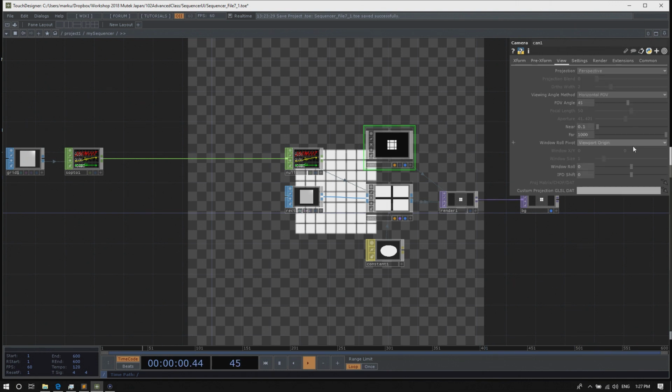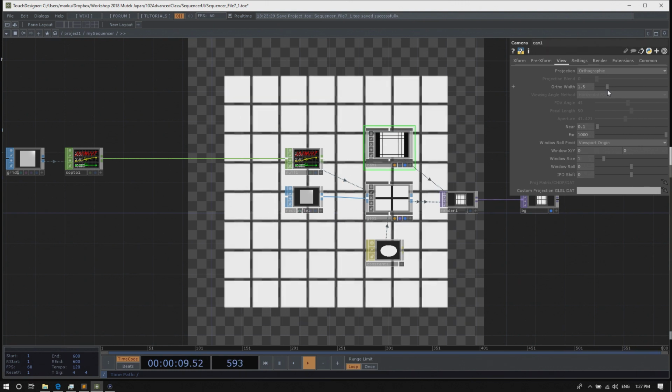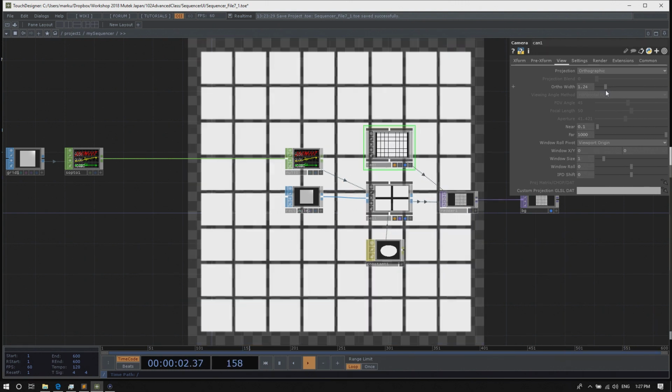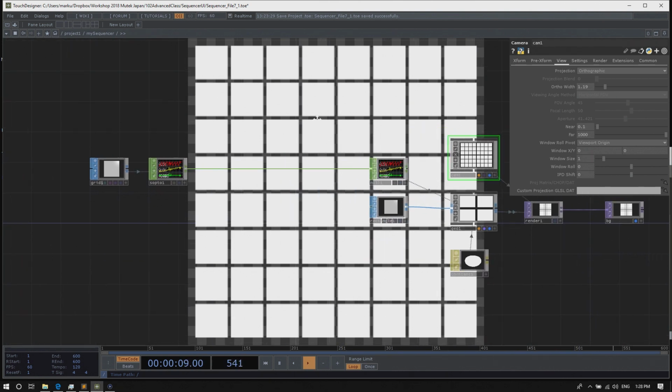And finally, to make it fill the rectangle here, let's change the camera a little bit. Let's go to the view page. Eventually I want these squares to cover the whole screen, so I'll operate the camera. And since we're just dealing with a flat UI, let's change projection to orthographic. Then let's change the ortho width to something like 1.19, however it fits in. Reduce the ortho width value until the buttons cover the entire screen. Okay, so that's good.